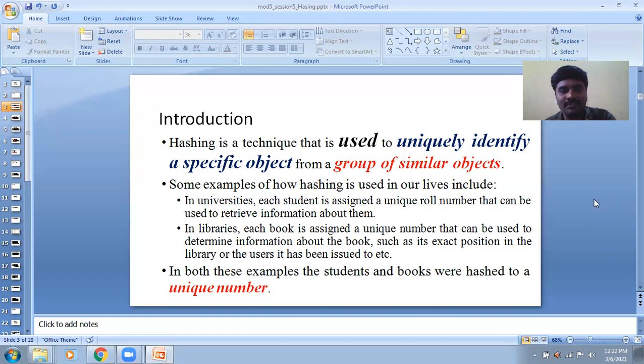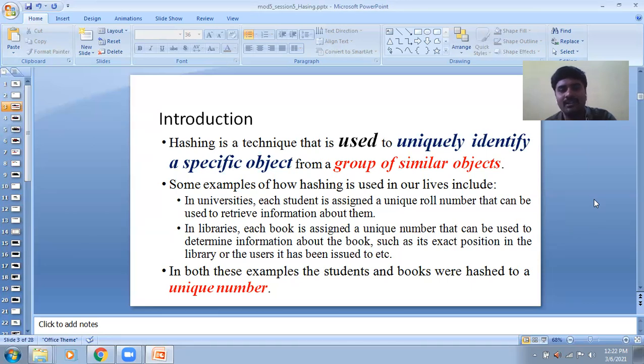Some examples of how hashing is used in real life include: first, in universities, each student is assigned a unique roll number that can be used to retrieve information about them.